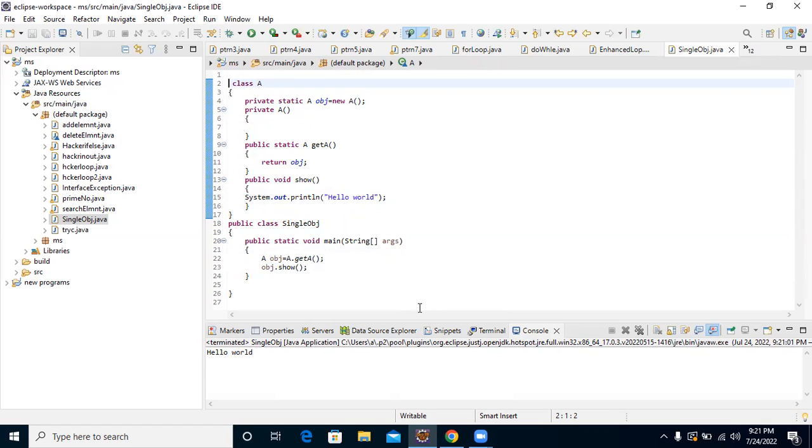The static method provides the global point of access to the singleton object and returns the instance to the caller. If you do not give public, we cannot call that method. So we use public to call that